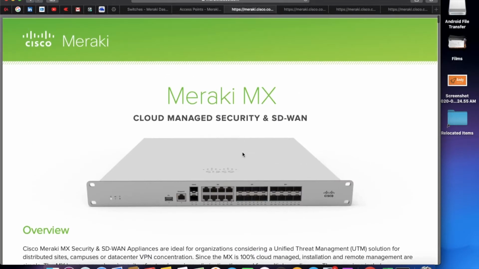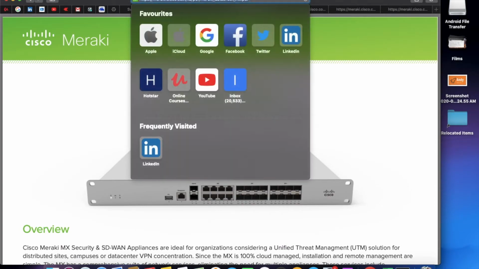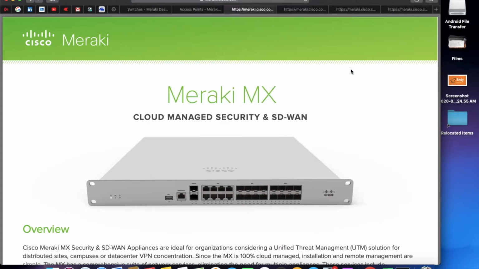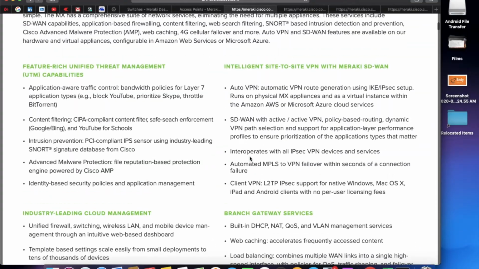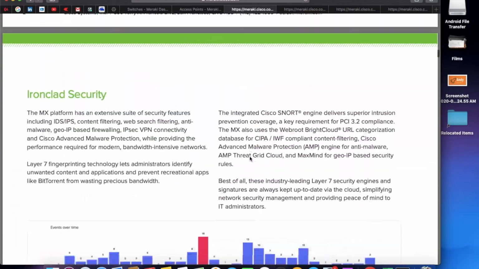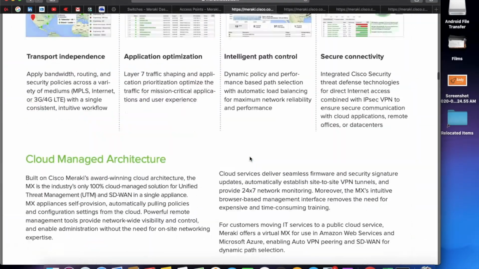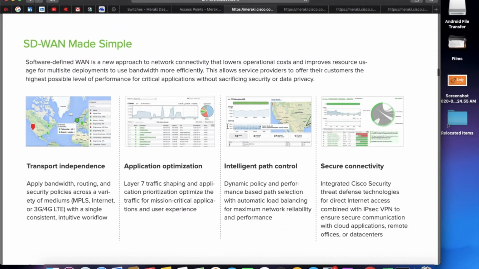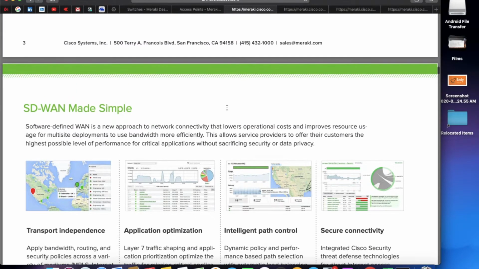So you can go through this data sheet. You can find this on the Cisco Meraki website. I will be focusing on what all models we have in this segment. You can go through all these features, what all things we get in security. We already discussed the dashboard, and in the upcoming videos we will also discuss the security